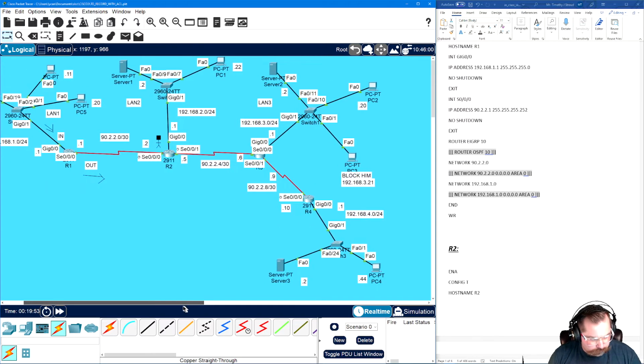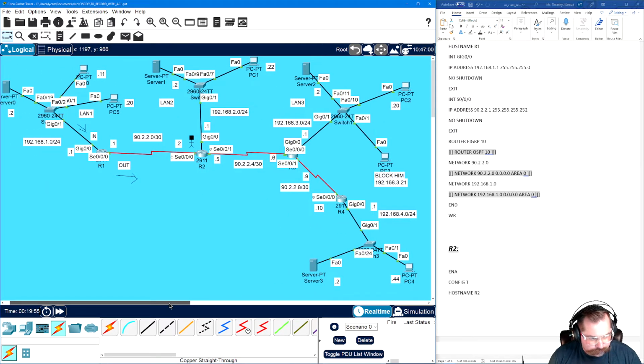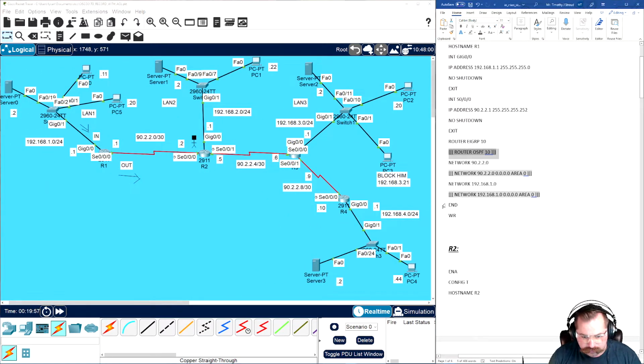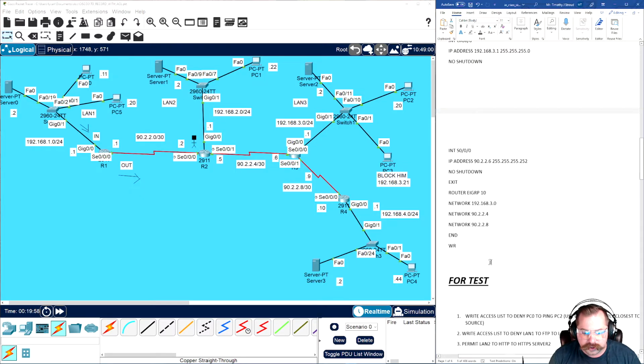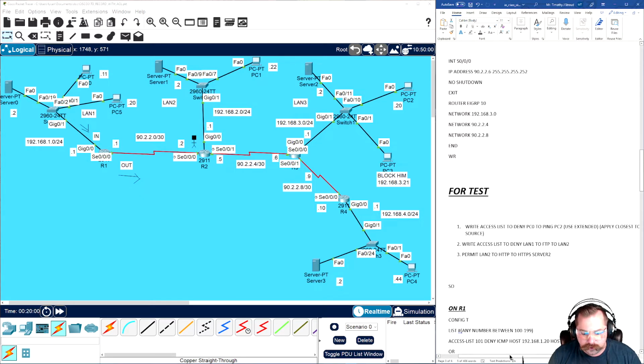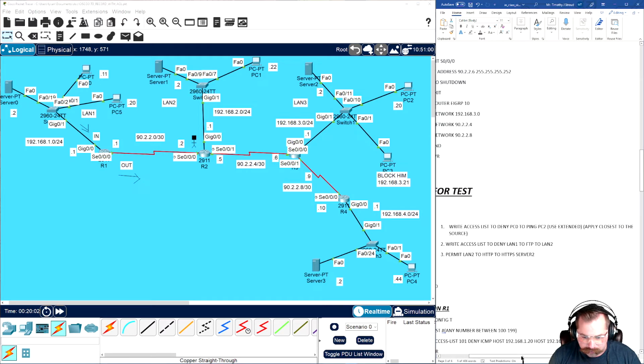So as you can see here, we did some things in class, and those were based off of his 3 test questions he gave us, which were: write an access list to deny PC0 to ping PC2, write an access list to deny LAN 1 to FTP to LAN 2, and then permit LAN 2 to HTTP server S. Okay, so